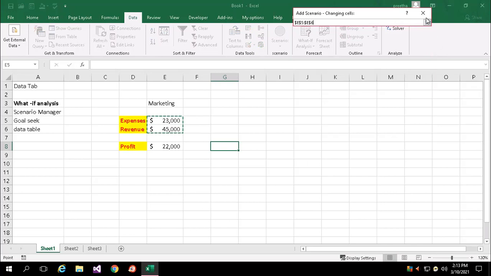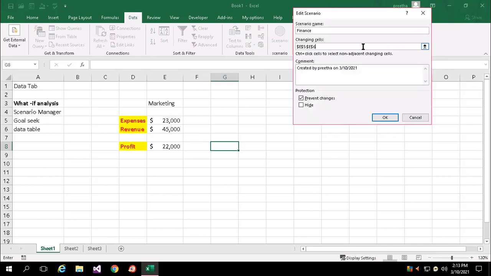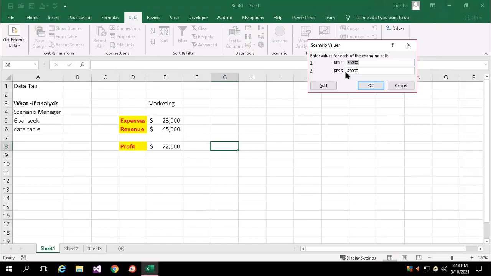So here I take the two cells. Now what is the value you are expecting? Now instead of 23,000, if you have a different opinion, maybe I say expenses, I may invest up to 30,000. So I can change the value to 30,000. Then revenue, I'm expecting to reach up to 60,000.